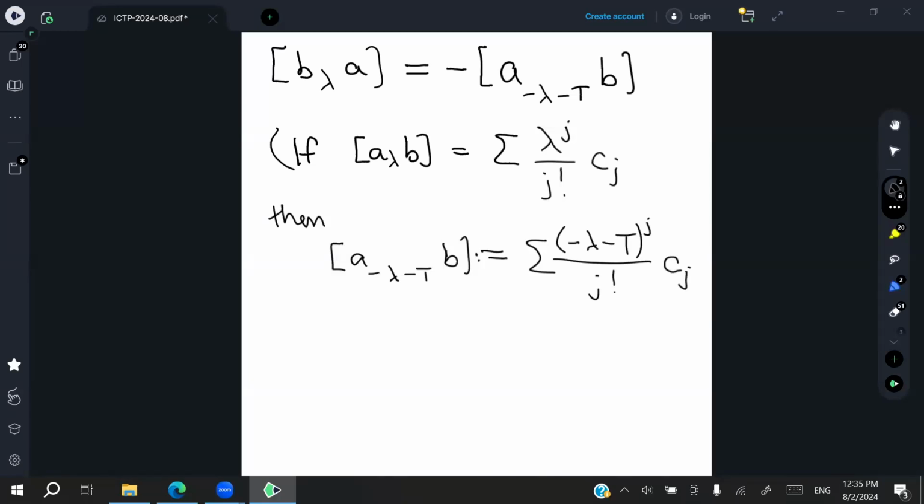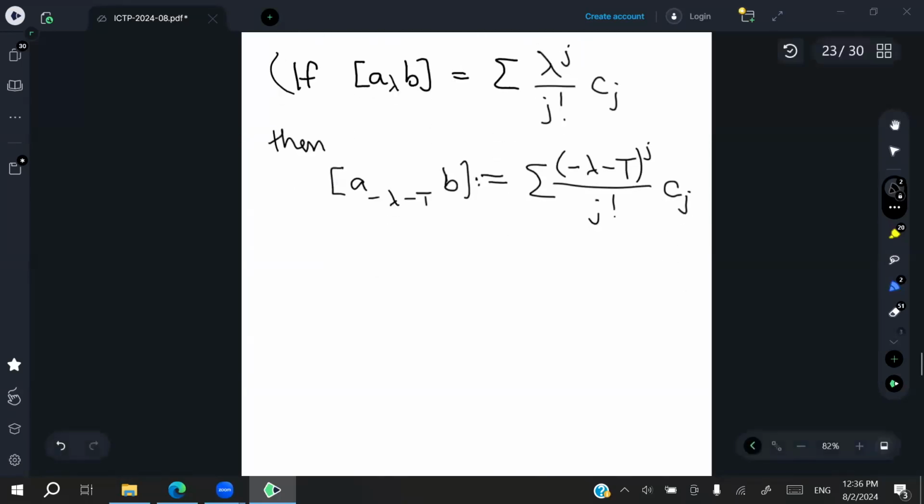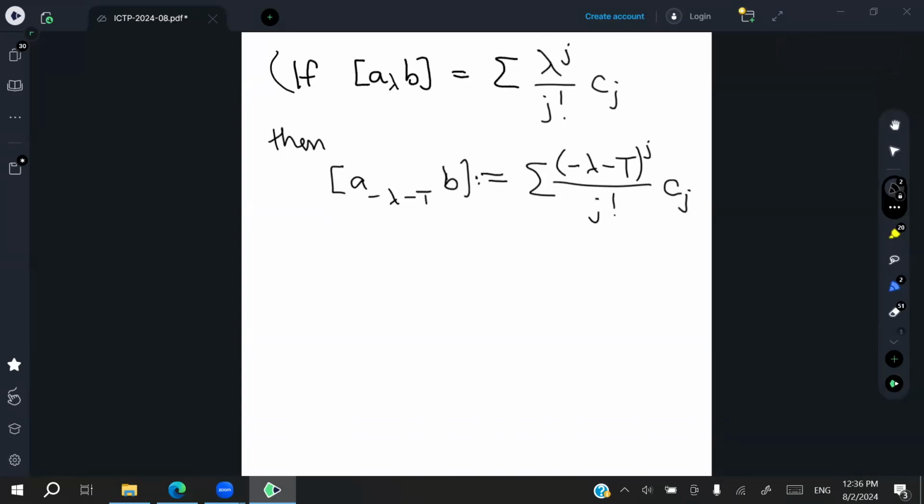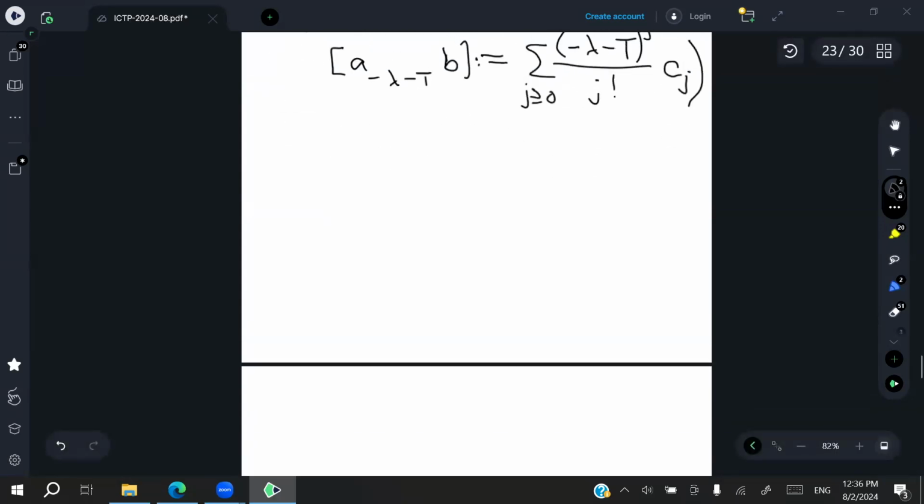And you see, when you expand out this expression to the power of j, you use the binomial theorem. There's no problem in doing that because j runs over non-negative integers. And then each power of T, you apply it to Cj. So you'll get some sort of polynomial expression that way. So that's what that means. Okay, the most interesting one is something called the Wick formula,